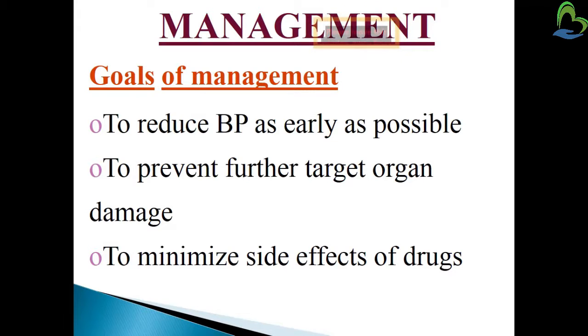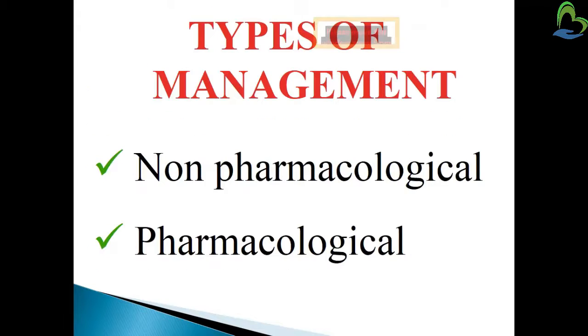We know that if the ventricles are pumping harder, cells will definitely infarct due to exhaustion. And if the system is not able to supply the correct blood amount to the other organs, it will lead to damage of those organs. Next is to minimize the side effects of the drugs. Whatever drugs we give, if the blood pressure has raised, we have to manage it through antihypertensive drugs, but they have many side effects, so that has to be managed.